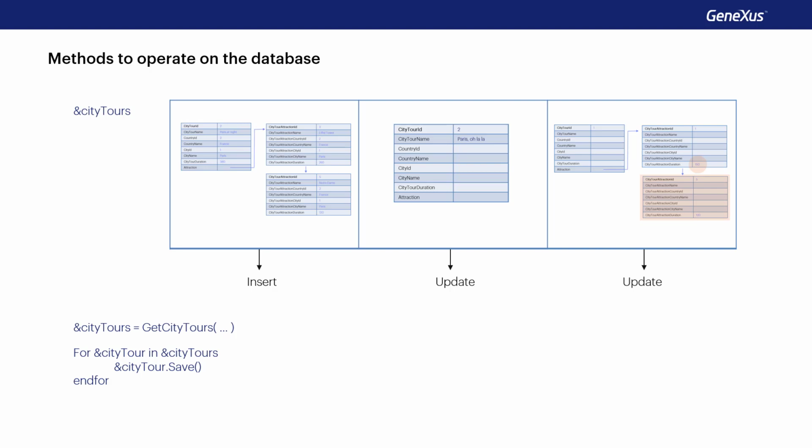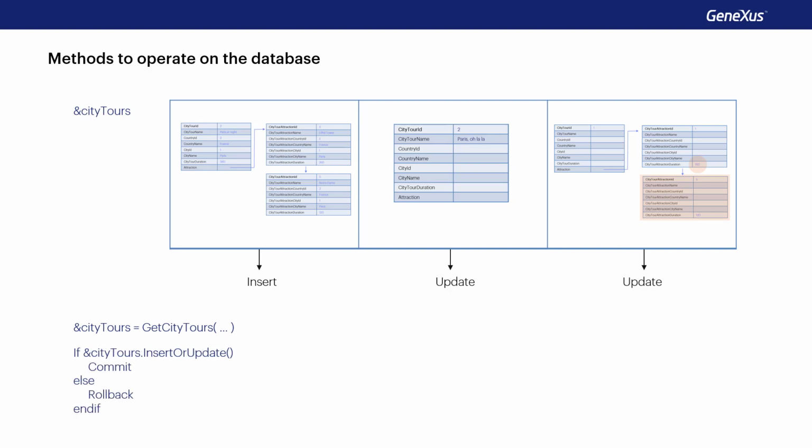The operation should therefore not depend on the mode of the variable, but on the existence or absence of the primary key in the database. Here, the right method, therefore, is again insert or update. When applied to the collection, it'll be applied to each item. For the first one, it will try to insert and it will succeed. For the second one, it will try to insert, but it will find a duplicate key, so it'll try to update and it will succeed, and the same for the last one.